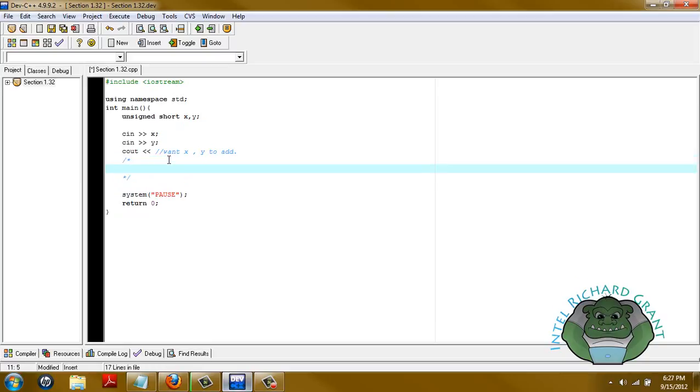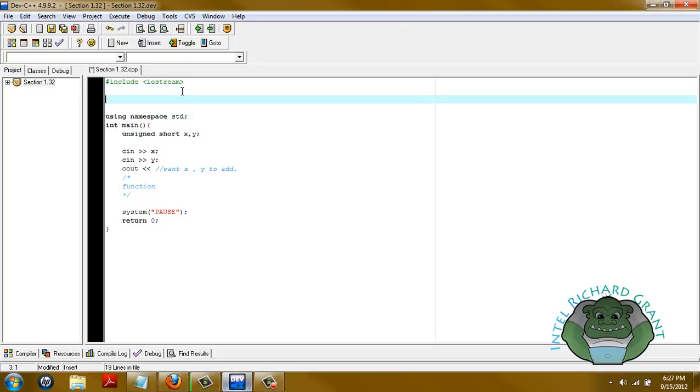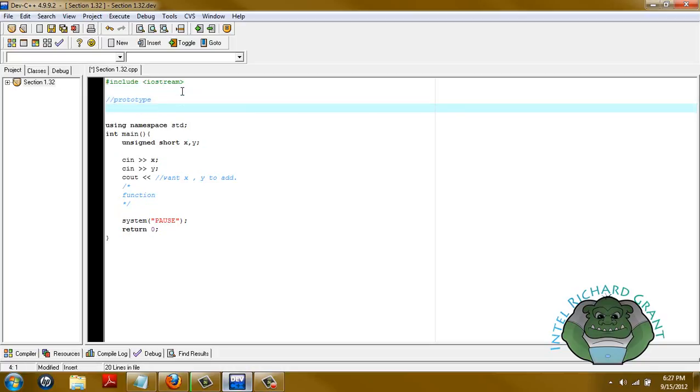There we go. Function. Okay, so we got to make a prototype. We got to tell the compiler that you're going to use a function, and prepare to find that function. So, in prototype, we're using unsigned short